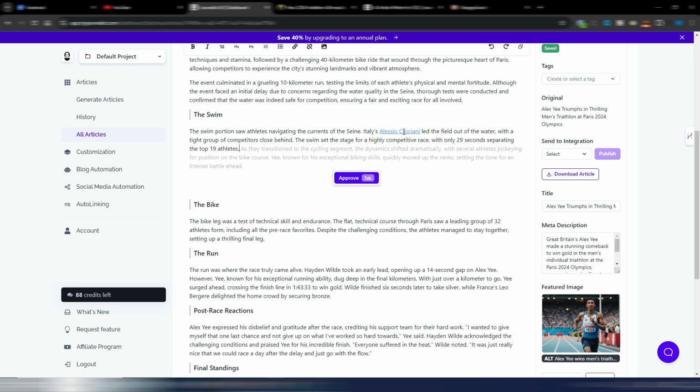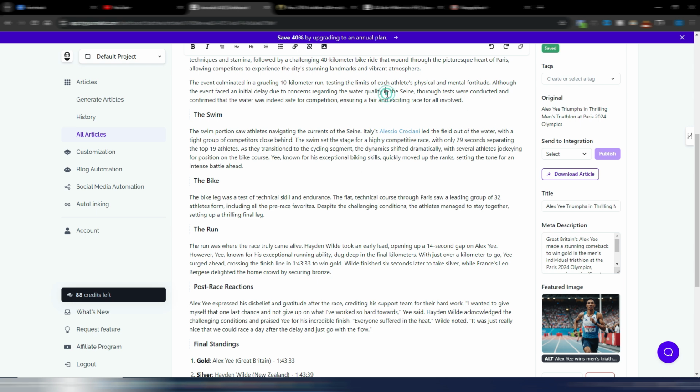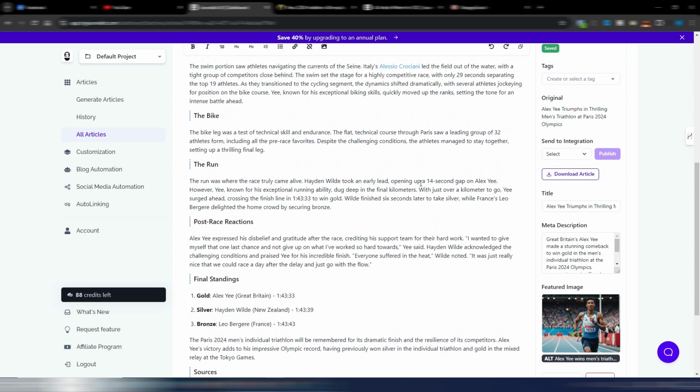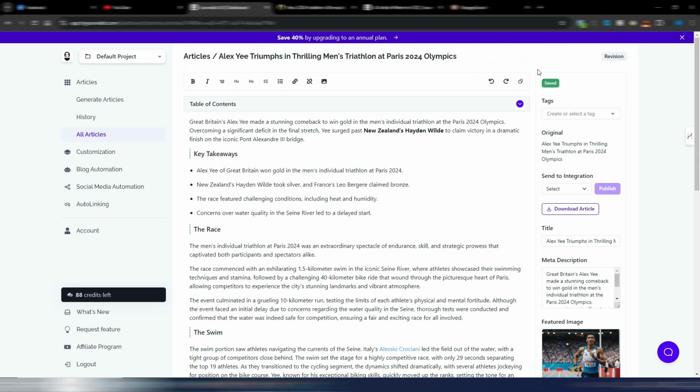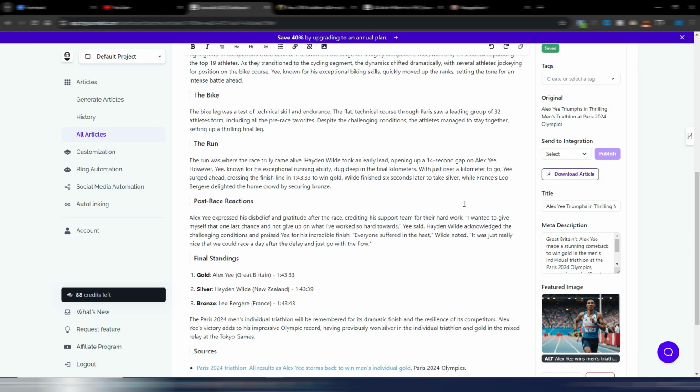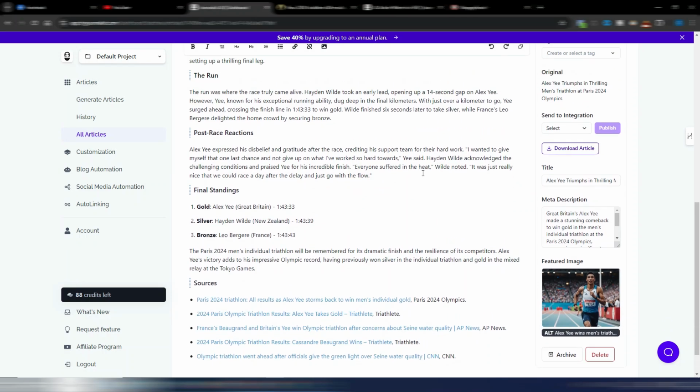This is really useful, and as you can see here, you can also put your cursor here and you will have a suggestion if you want to make this paragraph longer, approve, and so on. These are just some things you can do here in the AI editor. It's automatically saved, and once you are ready, you can publish this article on your blog post.